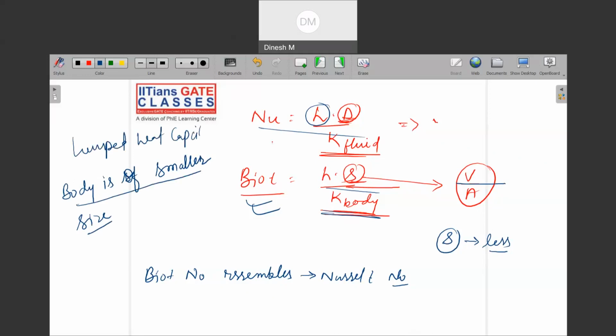Like this, I am telling you that these are the useful outcomes of your equations, meaning assumptions, right? So your body size is small, one thing. Second thing is that internal conduction resistance is small, and K we are talking about with respect to whom? The body in the Biot number, and K here is for the fluid. Okay. So the conduction part is completed here. So we will work upon the convection part in the next class. Okay.